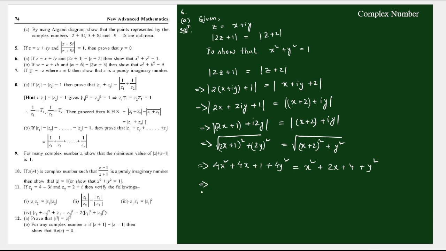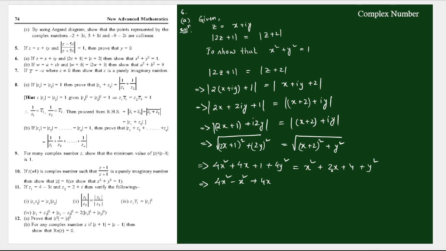Then x square plus y square equal to 1, we need to show. So what do we have? This is 4, you transfer that side. All the x and y you write on one side. 4x square we will arrange. If you bring this side, then you will get minus x square. Then you also got 4x. You bring this side, you will get